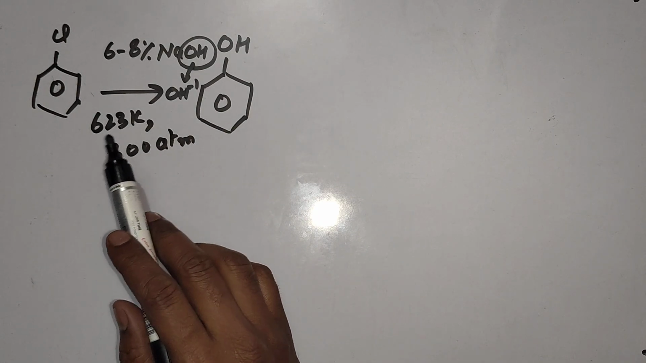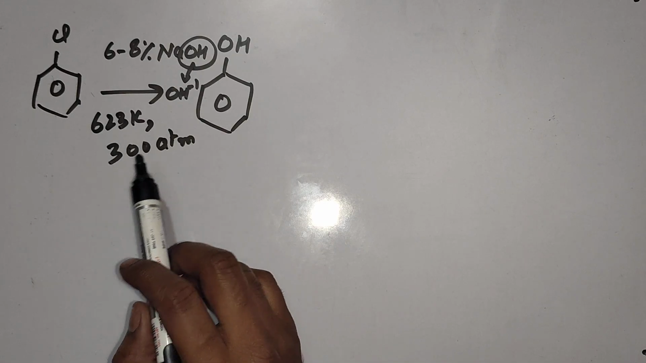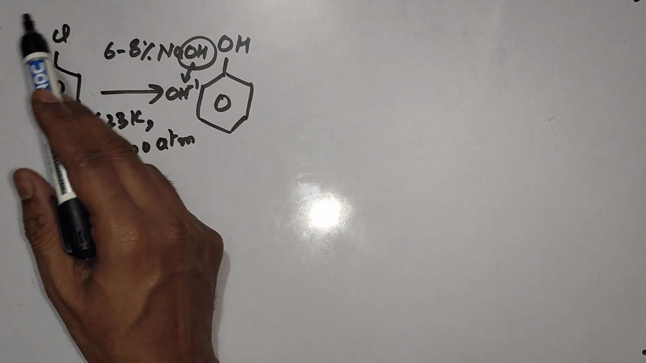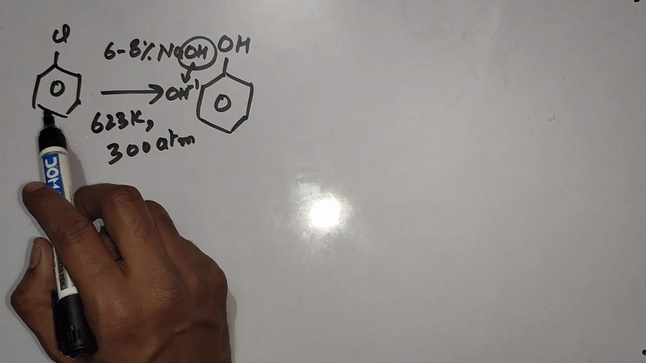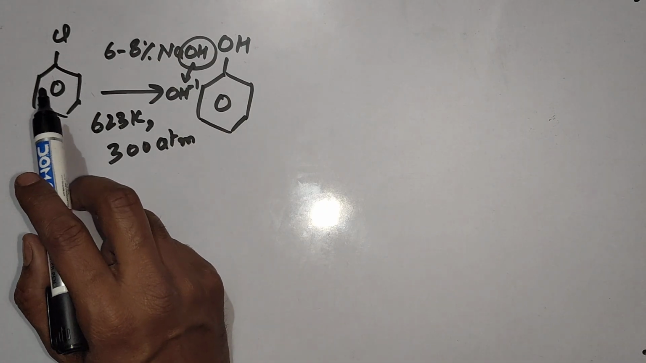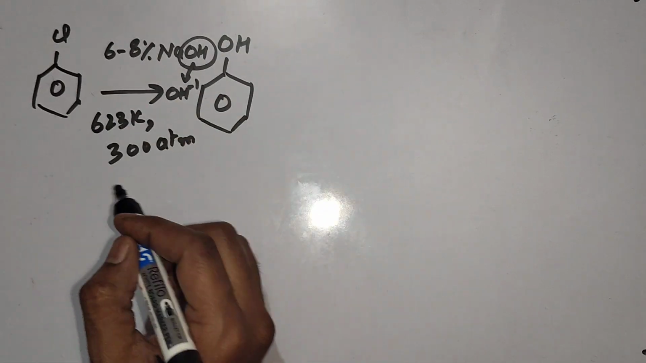623 Kelvin, very high temperature, and 300 atm pressure, very high pressure we require, because this haloarene is very less reactive toward nucleophilic substitution reaction. So if we want to perform nucleophilic substitution reaction on it, we require very high conditions. But